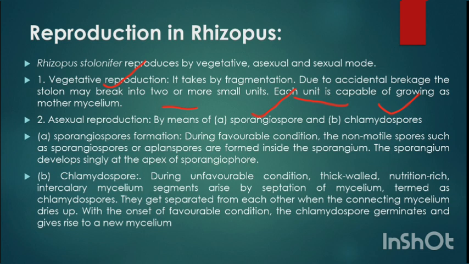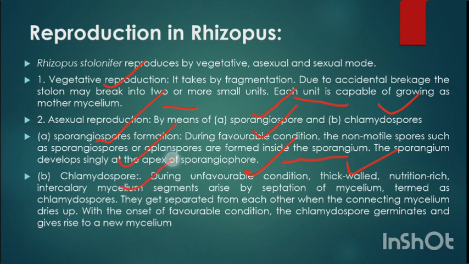Sporangiospore formation occurs during favorable conditions. These are non-motile spores and are produced inside the sporangiophores, a special organ of Rhizopus. Sporangiospores are formed inside the sporangium. Next, chlamydospores. Chlamydospores are produced during unfavorable conditions. So what is the difference between sporangiospore and chlamydospore? Sporangiospore is formed during the favorable season, but chlamydospore is formed during the unfavorable season, and these chlamydospores are thick-walled, rich in